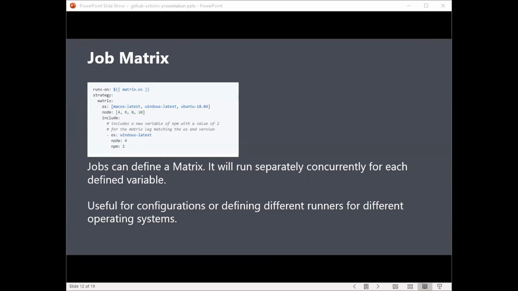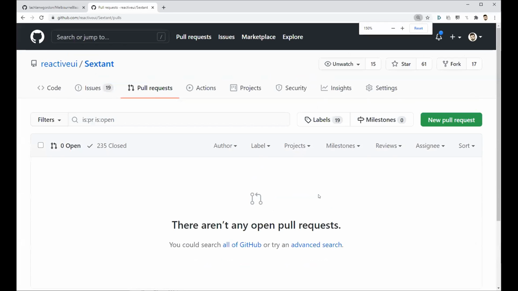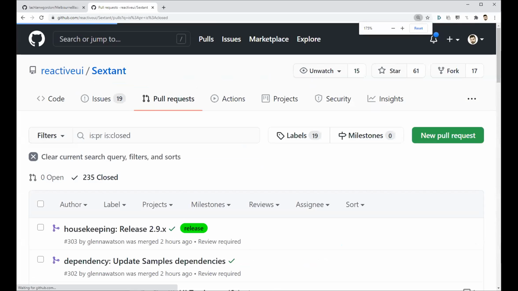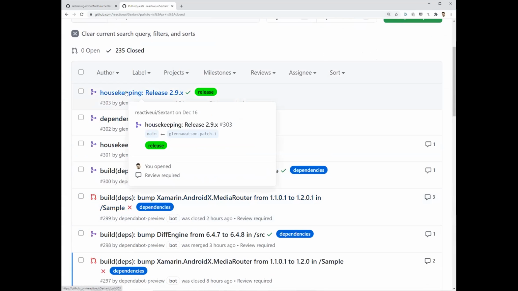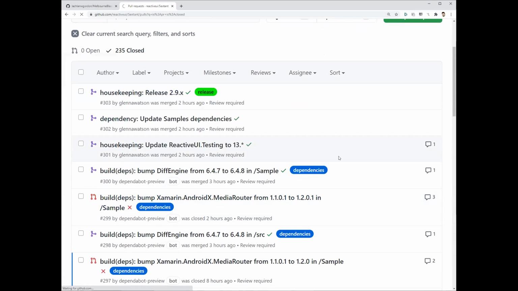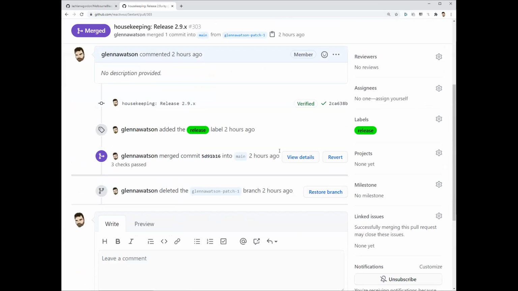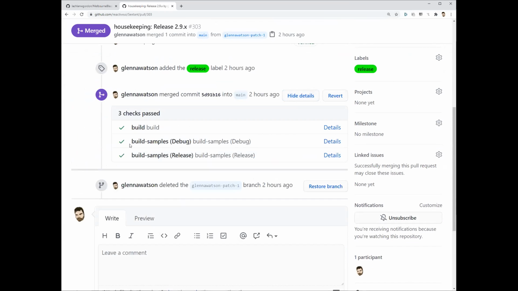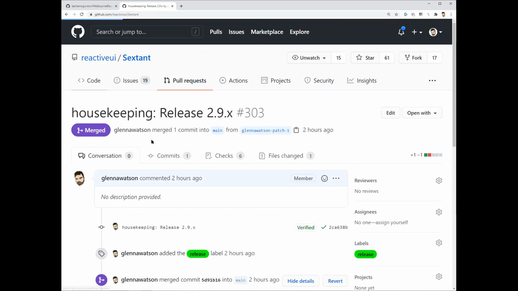So if we go to my web browser quickly, and I'll zoom it up a bit, and then we can go to a recent pull request. And let's go maybe to this one. And then let's show the steps. So you can see here, there's been a debug and a release version. If we look at the file,